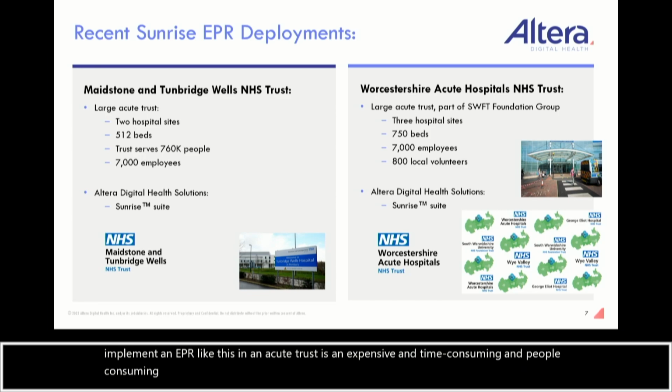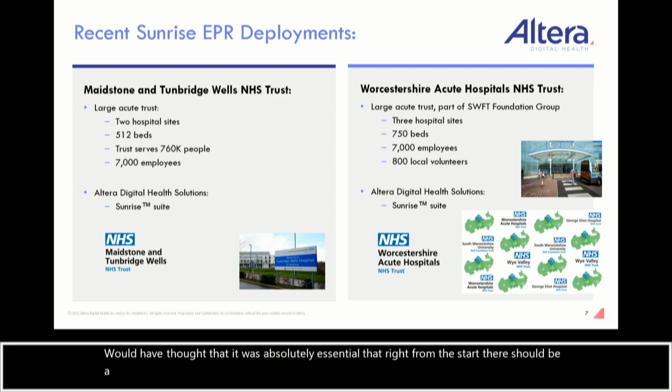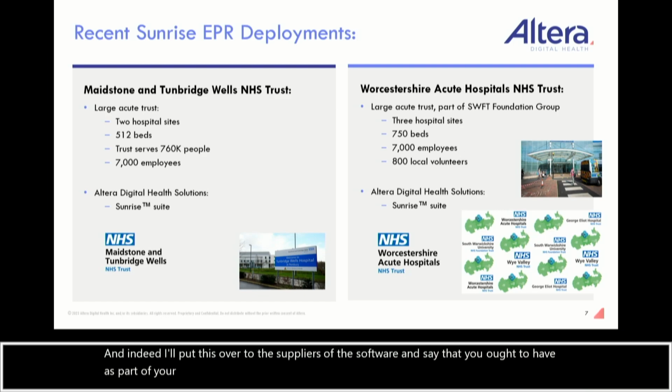exercise. As a non-executive member of a board, if there's any investment of public money being made, I would have thought that it was absolutely essential that right from the start there should be a process of benefits realisation and value for return for investment built into the process. And indeed, I'll put this over to the suppliers of the software and say that you ought to have, as part of your advice to the trust that's implementing, that there should be quantifiable, measurable benefits and disbenefits measurement built